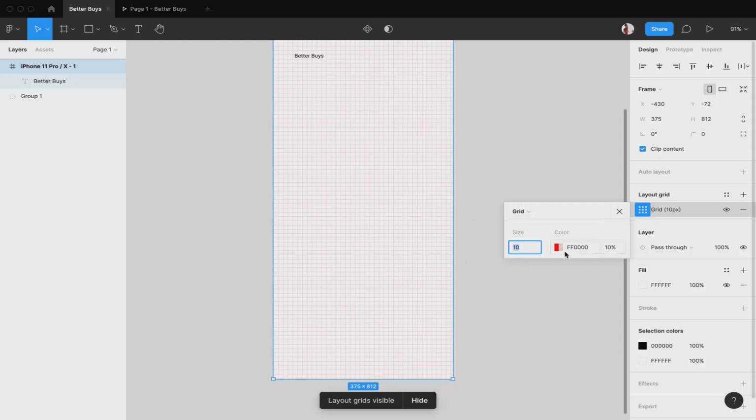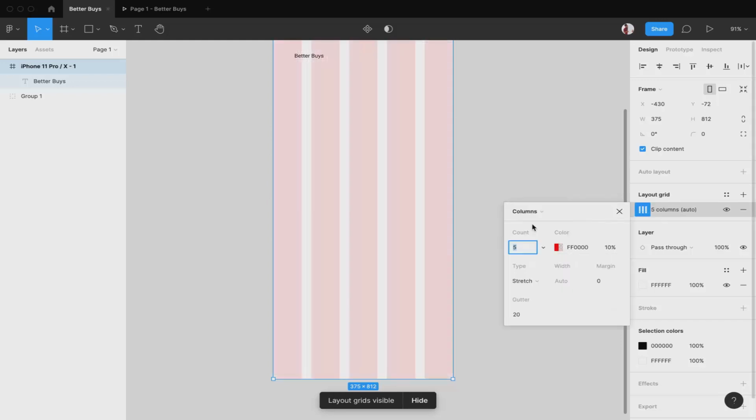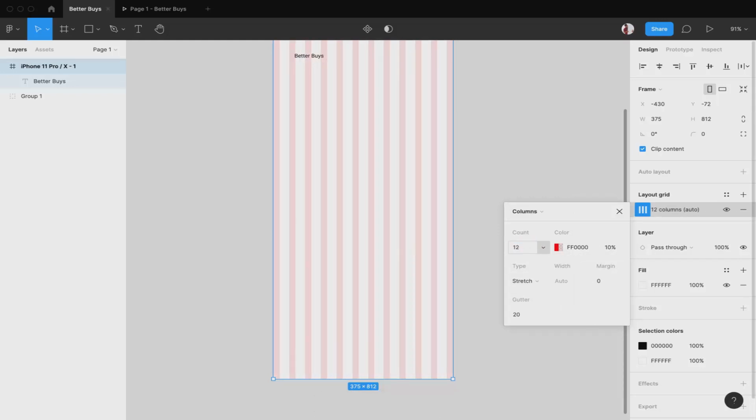Now instead of this I'll use another method, that is columns. Okay, so now I want to have 12 columns. Having 12 columns is the best because you can divide it by 2, you can divide it by 4, you can divide it by 3, you can divide it by 6. So it will help in maintaining uniformity. Okay, this is the most standard practice.